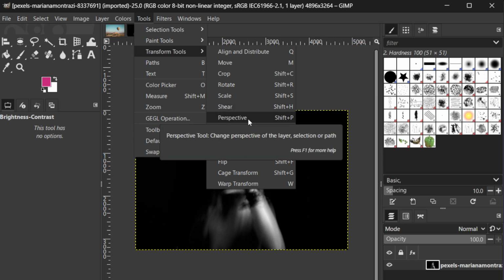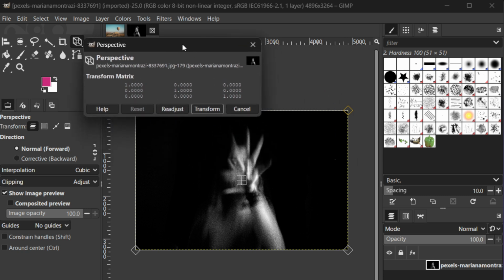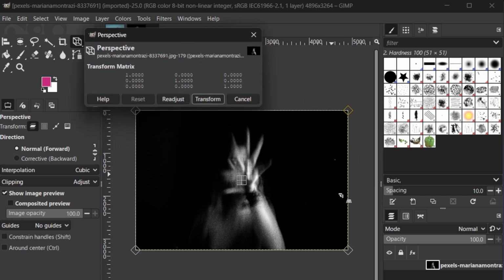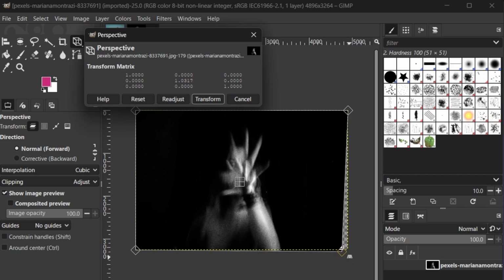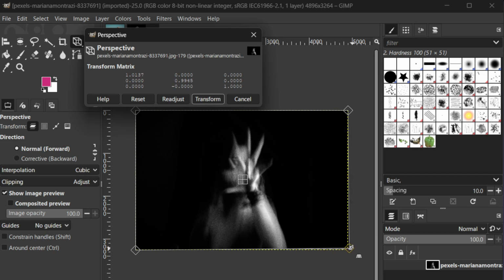With this option, you can manually drag and adjust the corners of your image to correct any skewed or warped lines. This is perfect when your image seems tilted or when the lines you expect to be straight appear crooked. Click on the image and you'll notice a grid and points at the corners. By clicking and dragging these points, you can adjust the image perspective until your vertical and horizontal lines look straight